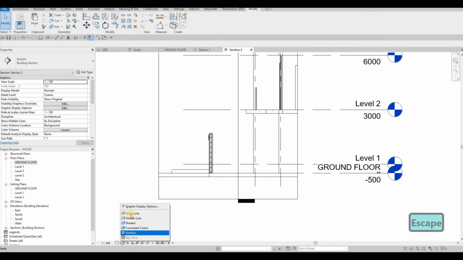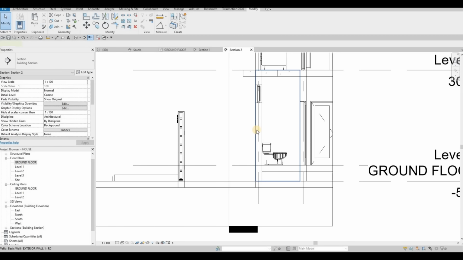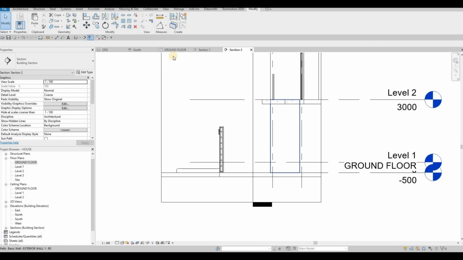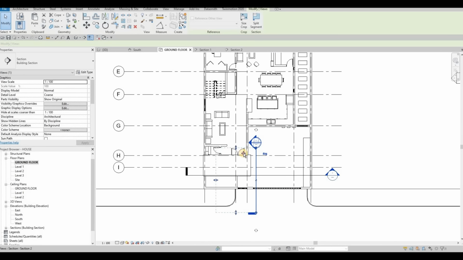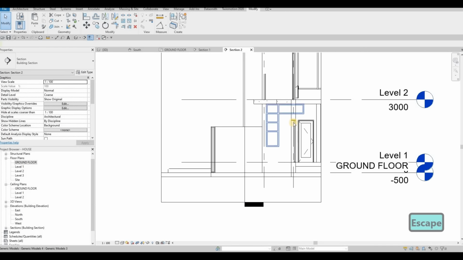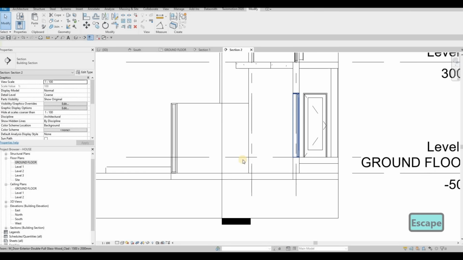And then if you want, you could do wireframe so that you could see where the door is. This one you cannot see, but if we move this one where the door is, we can see now. This is the door, the main door. So we need to create a step for that, and then